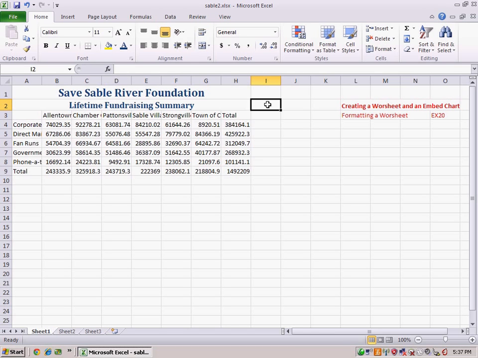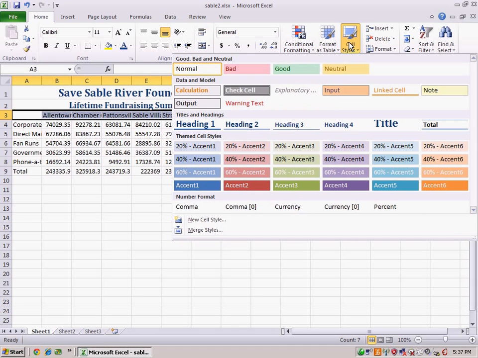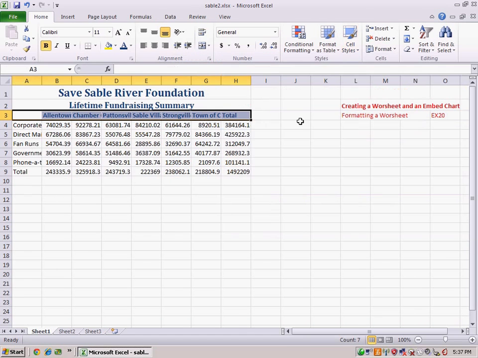So what we want to do is select our column headings here, same strategy. We're going to use this whole width, A3 all the way to H3. And we want to change the style. We're going to click Cell Styles. And we're going to change that to Heading 3 as seen on page EX30. Cool. So as you can see, it changed the font color and put this nice line underneath, which will make